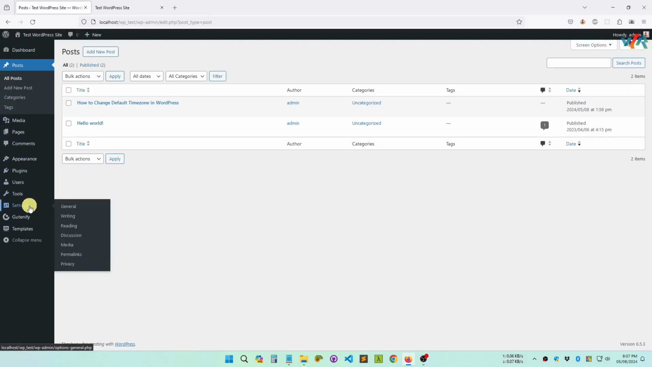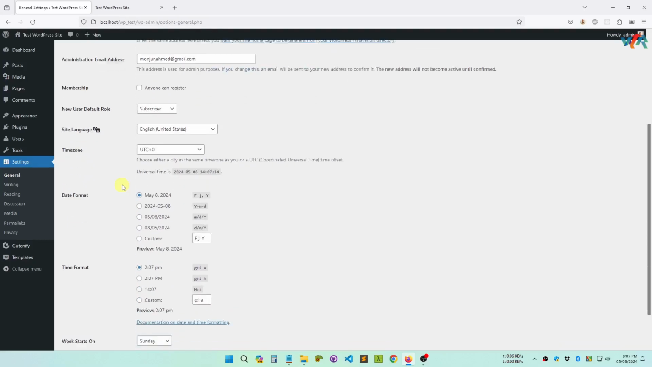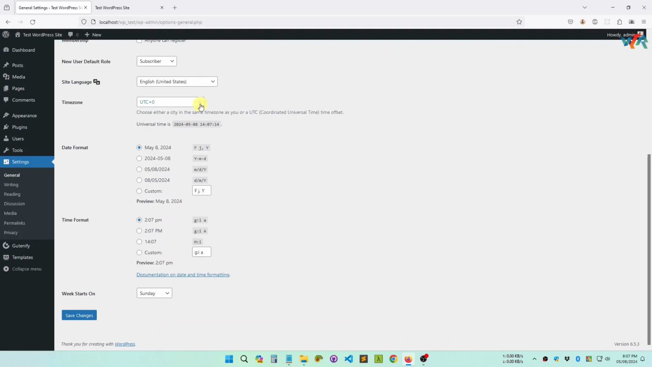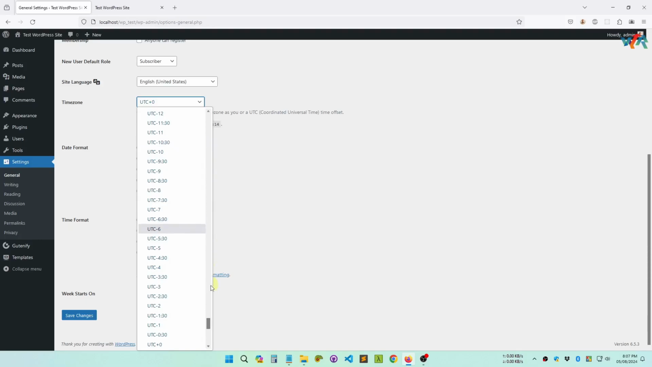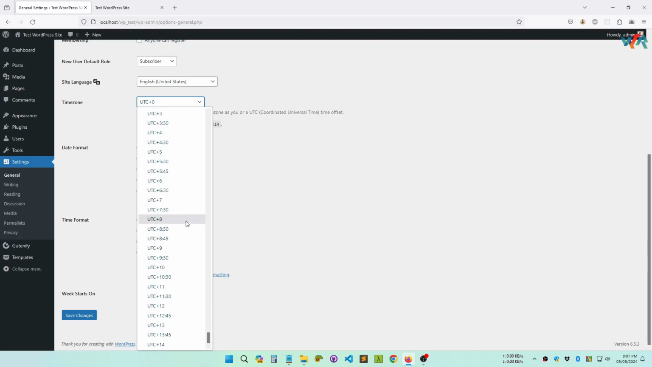To do this, first navigate to the Settings tab on the left-hand sidebar. Click General to access the main settings for my website. Scroll down to the Time Zone section. By default, WordPress may set it to a UTC time zone. To change this, click on the drop-down menu under Time Zone. You will see a list of time zones, allowing you to select the one that corresponds to your local time. After selecting the appropriate time zone,